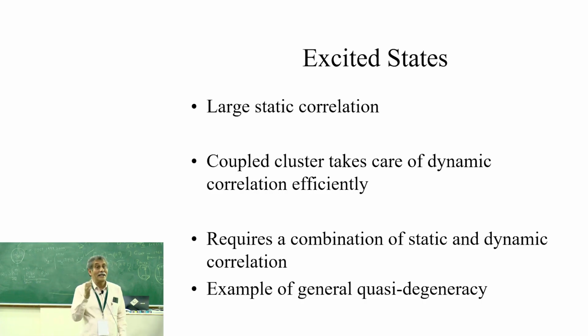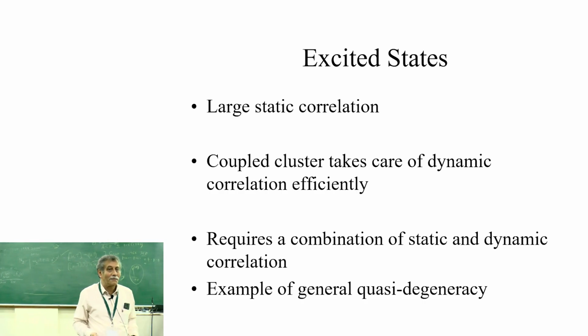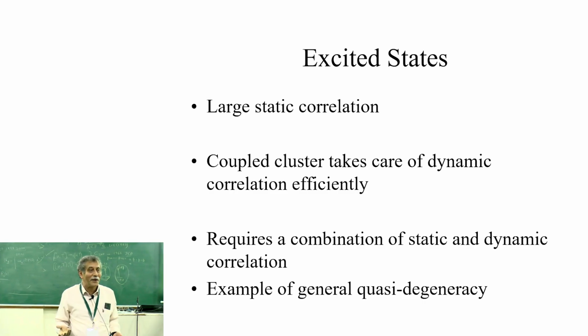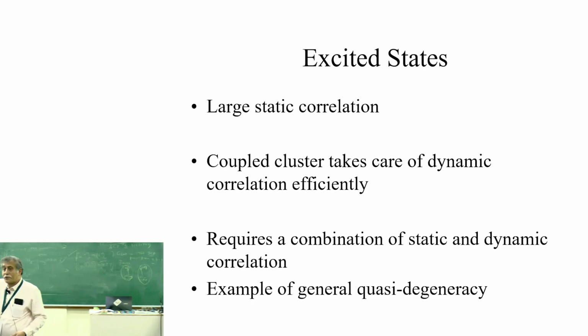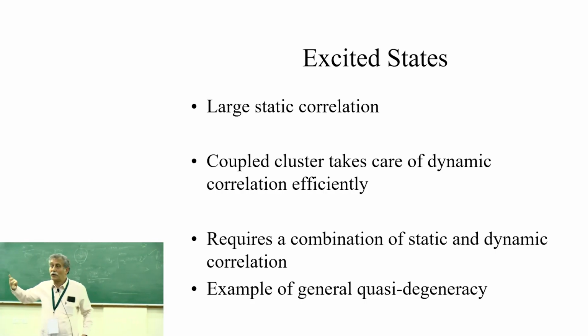Because if you have minus as a Fukui function, how do you interpret this? Because Pratim was telling that if you have a condensed Fukui function large, then it is electrophilic plus, nucleophilic if it is largest minus. But what is large if it is plus and minus? How do you compare? Do you call plus 0.1 larger than minus 0.1? Or do you take a modulus? So there is so much of confusion which will come. If it is all positive, there is no confusion. And that is what it should be.